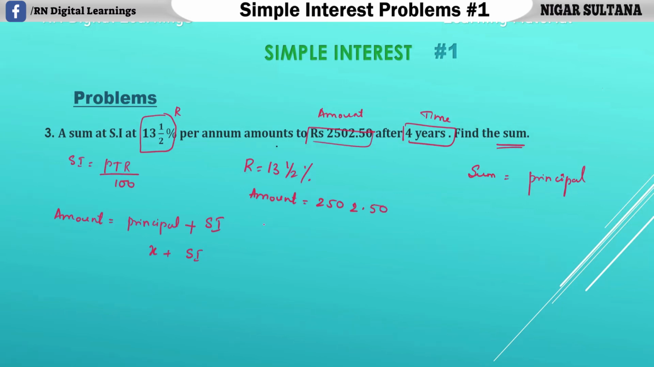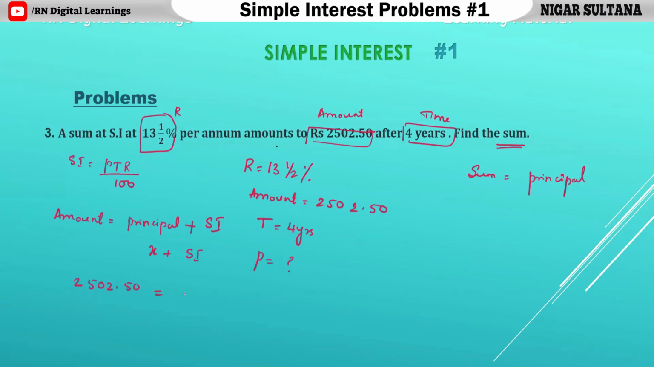2502.50. Next, what is the time? T is equal to 4 years. Now sum is nothing but your principal amount, P, we want, right? So what is the formula of amount? Principal plus SI, right? So what is your amount? Amount is